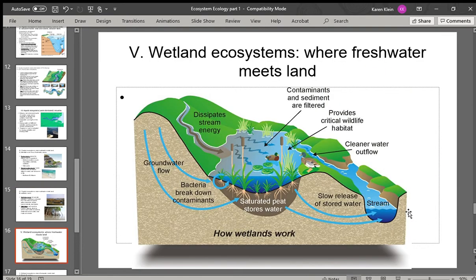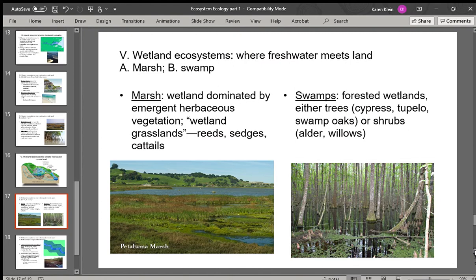Hey, there we go. Now, wetland ecosystems, this technically is where you have fresh water and where it meets land. Now, unfortunately, just like the mangroves and just like the salt marshes, they have been seen historically by humans as worthless or useless and have been filled in and developed and harvested. And these wetlands are extremely important. I mean, they have a high degree of biodiversity, of course, in and of themselves,